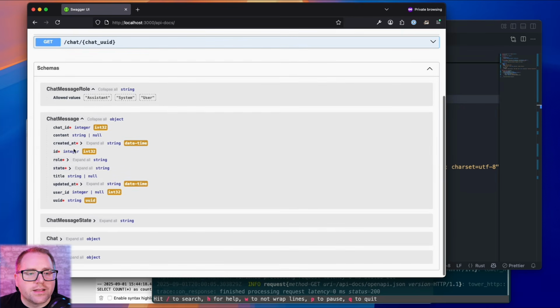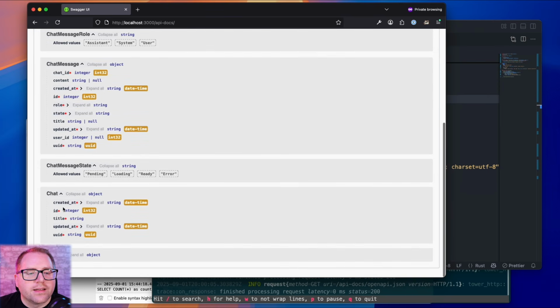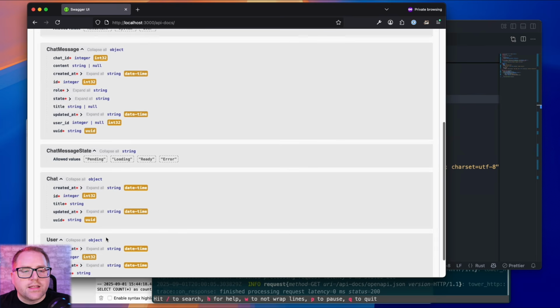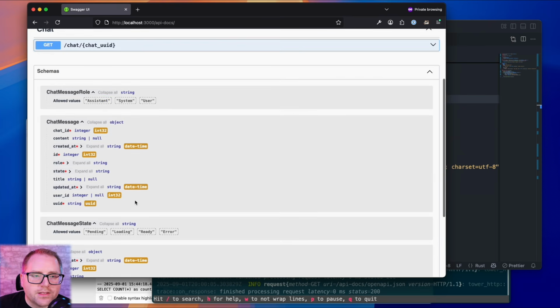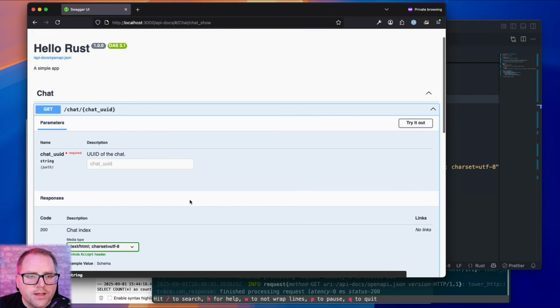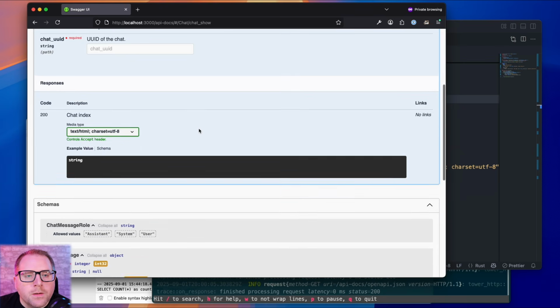A message has all of these properties. State can be of one of these types. A chat has these properties. And then a user has these properties. So that's why it's nice to have this rich type system that Rust provides us. You get this right here, and it's going to actually be checking this.